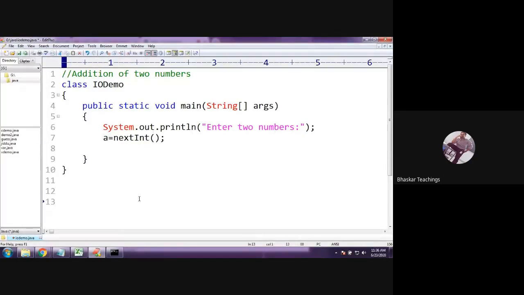Actually, we used to have scanf with %d. We used to tell the compiler, tell the program, to read a number and store it in A using the address-of operator. In this way, I used to tell the scanf function to read me a number and store it in A. But here we need to give the nextInt method. Therefore, what is going to happen? The JVM will read an integer value from the user. Now it will assign the value to A.